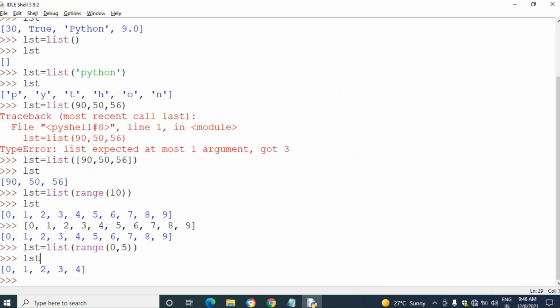Okay, it's not an increment value, it's a range value. I didn't give the range value, so by default it is considered as 1. So it will display 0, 1, 2, 3, 4.